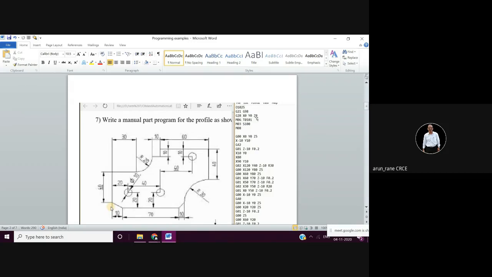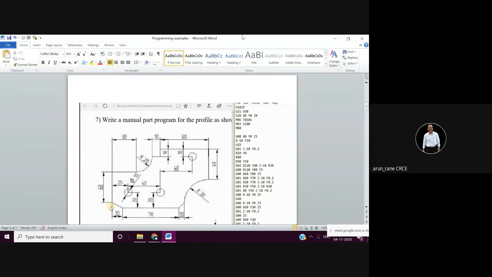Now here there is a mistake, G28 X0 Y0 Z0. This is nothing but the return to the reference point. You must mention G91 because G28 is always associated with G91. So please write here G91. So G28 G91 X0 Y0 Z0 dot. It means it is at the reference point. Suppose the tool is left anywhere, then it will go to the reference point. Let us say the reference point is here. Why do we have to take it to the reference point?